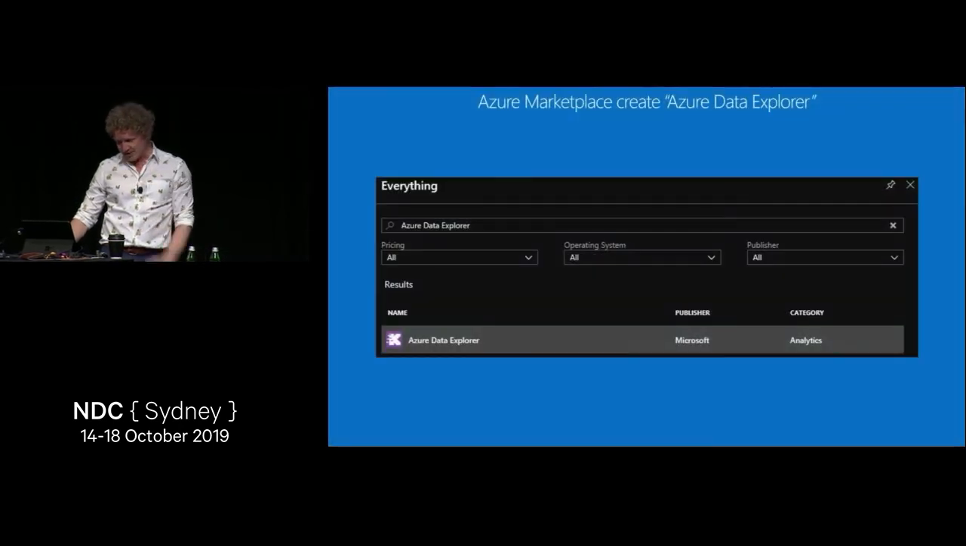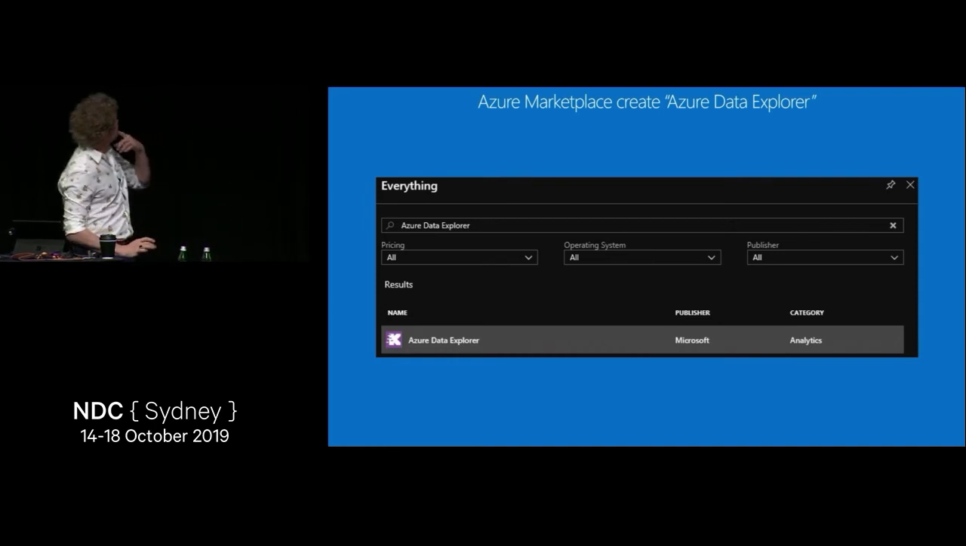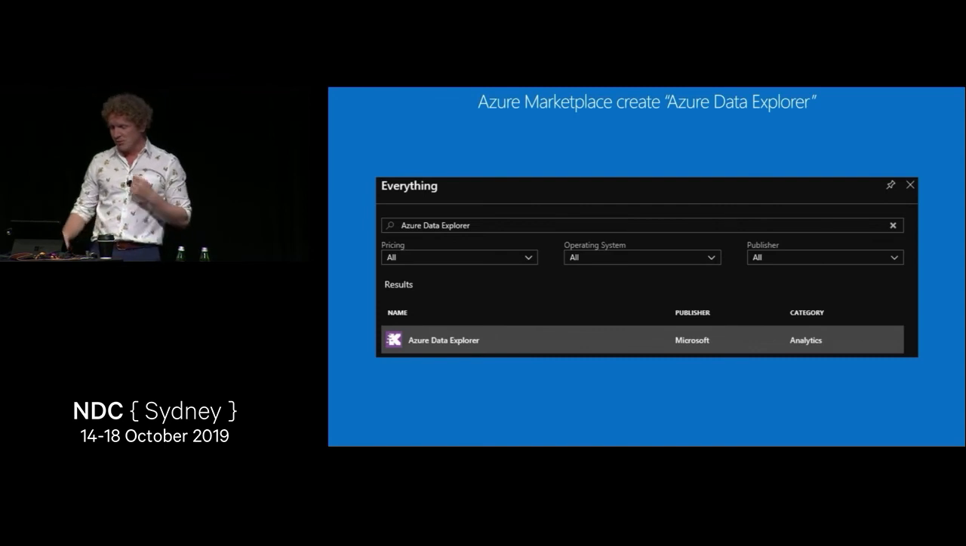You can go to Azure. This is actually in the marketplace. You can go and create yourself, maybe the logo has changed since I made this screenshot, but you can go and create yourself your own Azure Data Explorer. And let's see, I'll jump a couple of slides here because the interesting bit is,